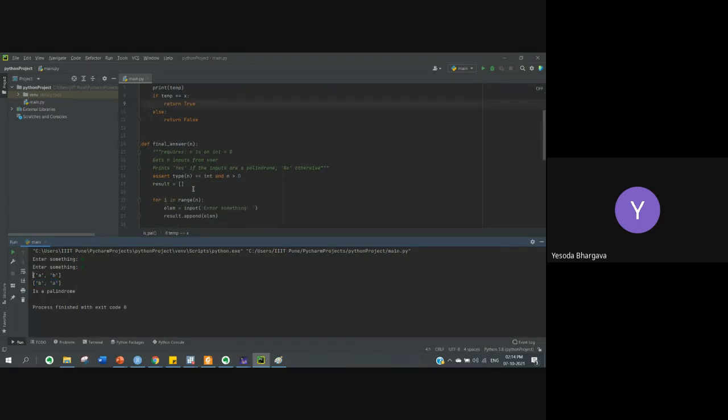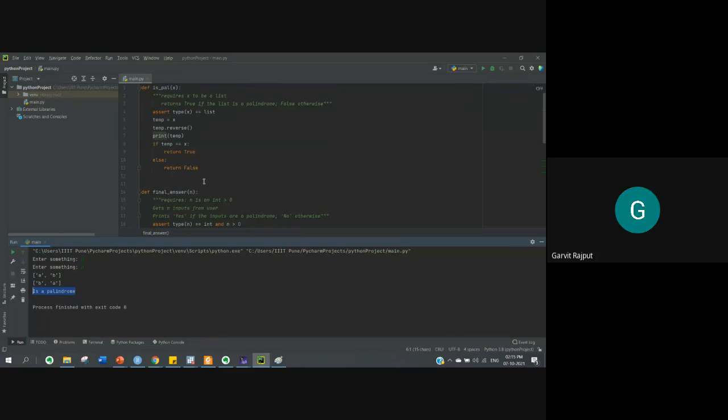This is for print result, and here it is reversed, but it still shows it's a palindrome. Now what is the problem here? After reversing temp, we are not storing it in a temp variable. We are just reversing it. But it is actually being updated in temp, because when we print temp, it is actually storing it. So we don't really need to pass it on, because it is already happening. So what is the trouble here?